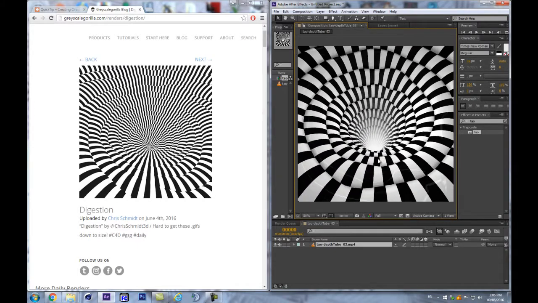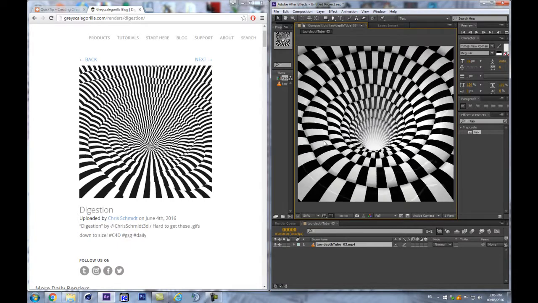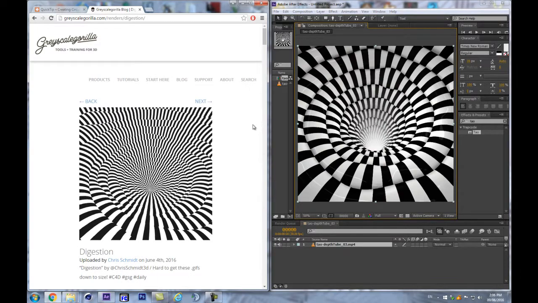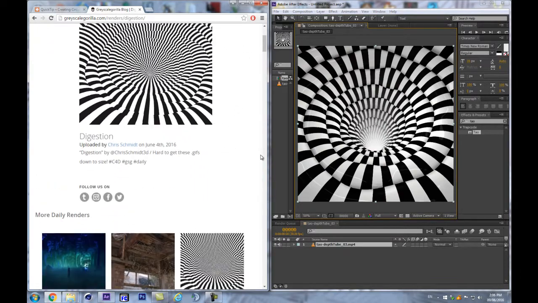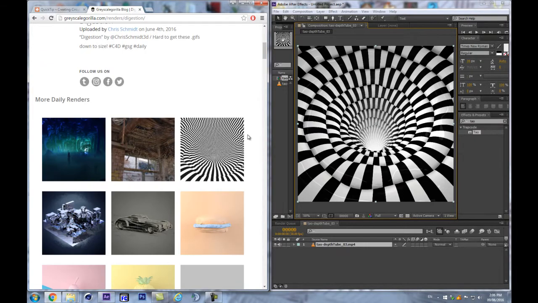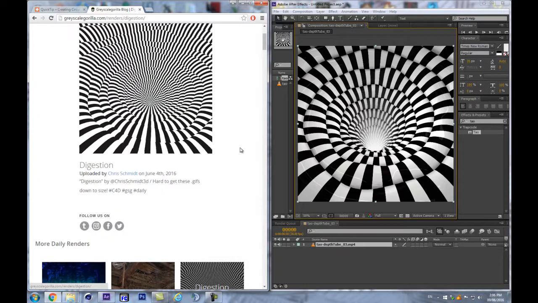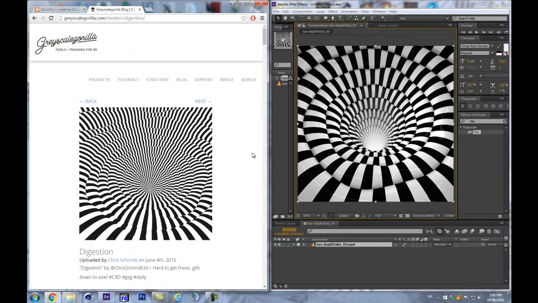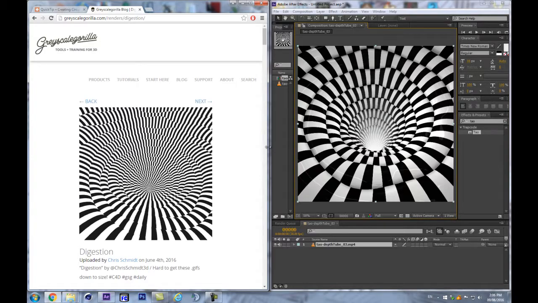Today we're gonna create this spiraling stroked tube, and once again I gotta give the shout out to the guys at Grayscale Gorilla. This is what I saw from one of their daily renders. They've got lots of beautiful renders in here, and they mostly work with Cinema 4D, and they have nice products available for Cinema 4D. It's kind of a go-to site for me where I can learn stuff and get some